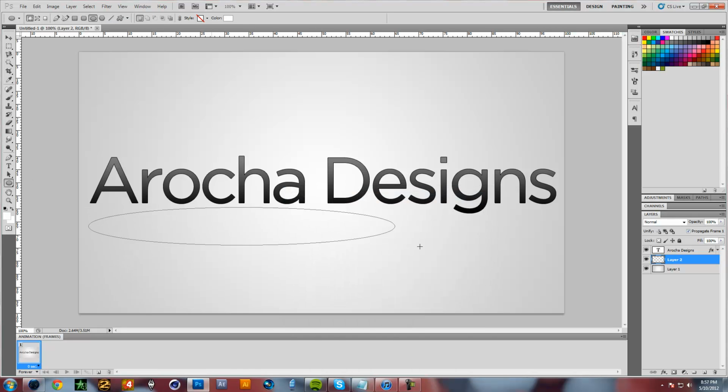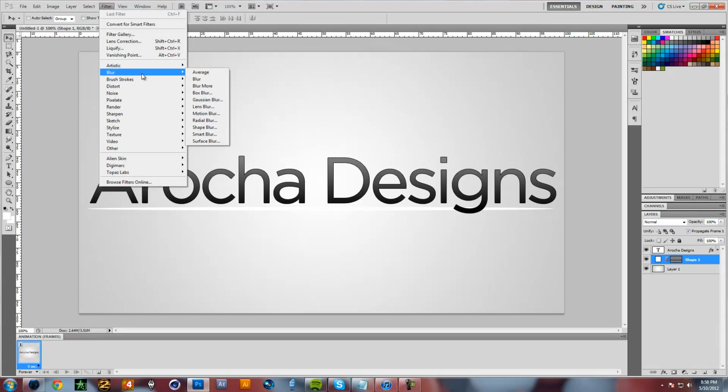Now we're going to click, and we're going to drag, just something like this, a very, very skinny ellipse. Now this kind of is giving us the effect we want. So we're going to select the layer and we're going to move it around. And then what I'm going to do is go to Filter, and while we have the shape selected, Filter, Blur,